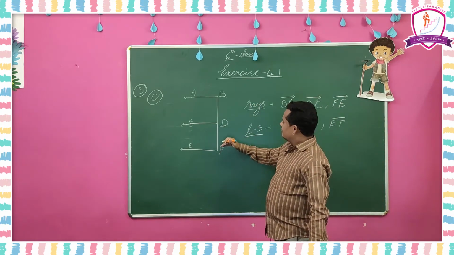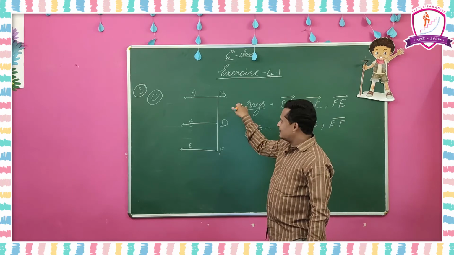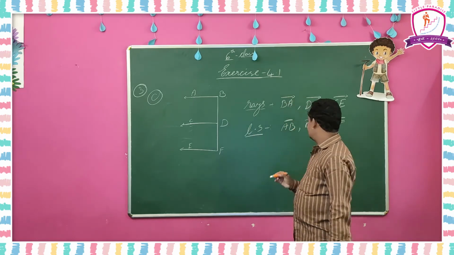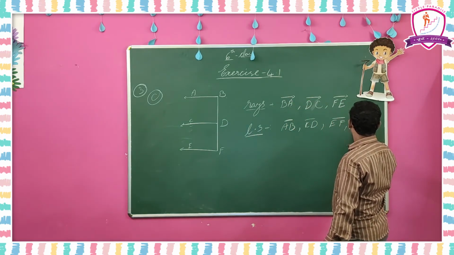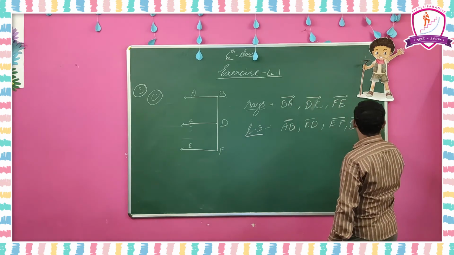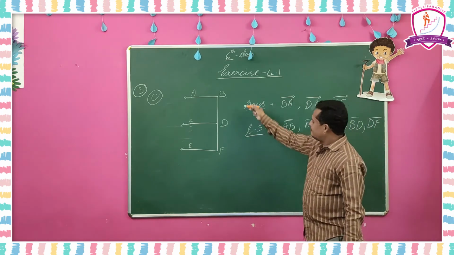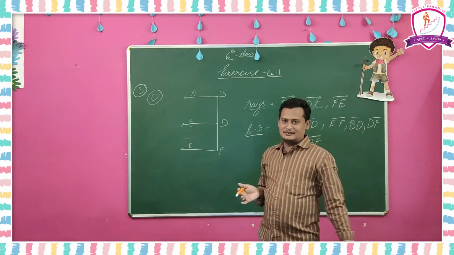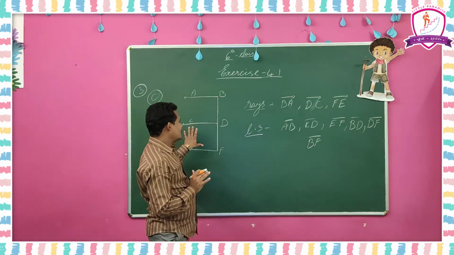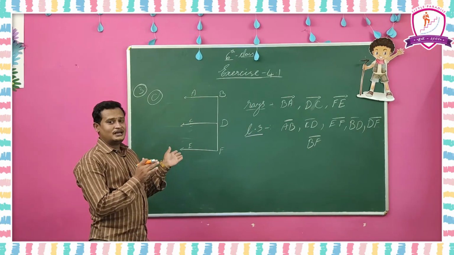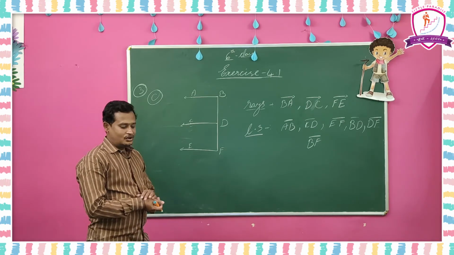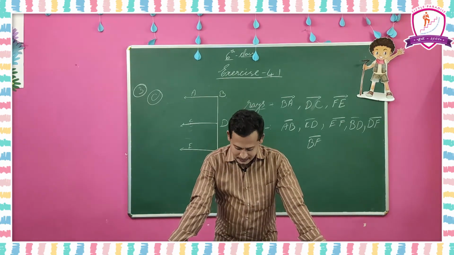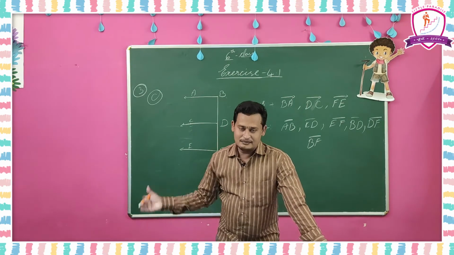Now here, vertical line segments are also there; horizontal line segments I wrote here. So what about the vertical line segments? BD is a line segment and DF is also a line segment. So total BF is also a line segment. So this many line segments are there in the given figure. Like that, observe how many rays and how many line segments there are. Using these three sums, all of you complete the D sum in your textbook. You can complete it with your own ideas, with the example of this.